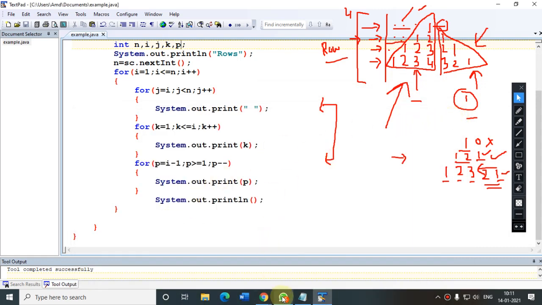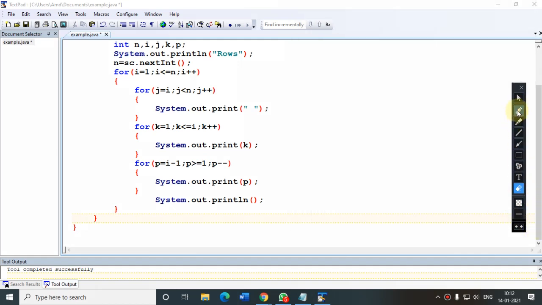Okay. So now let's move to the next question, children. The next question is for you. You'll have to try yourself. One more thing, if I am giving this pattern in reverse, like this, everybody can try this. This is your homework right now. You can copy this. Please note down this.